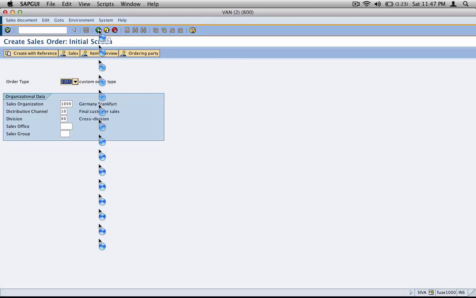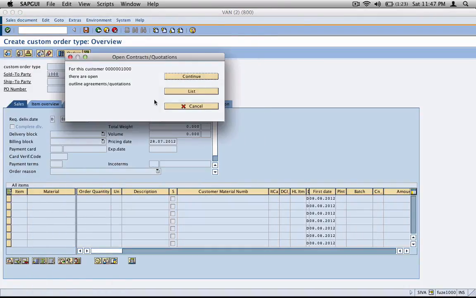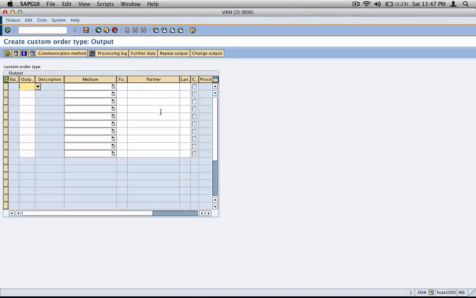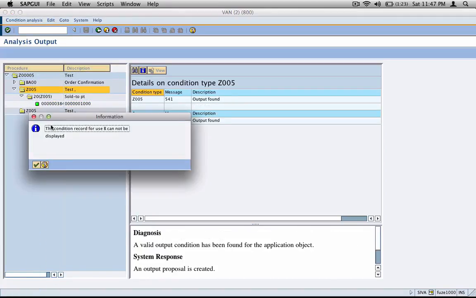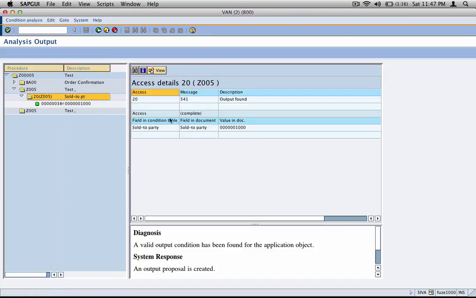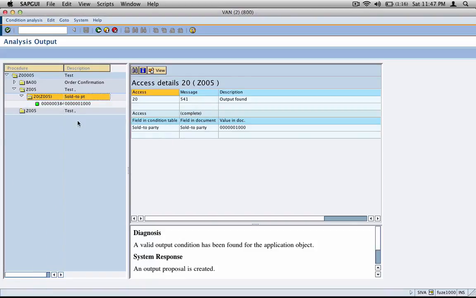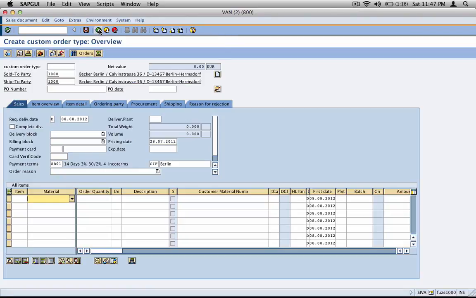VA01 ZOR5 1000, and go to extras, output, header, edit, and still doesn't work. So why is that? Click on I and then see if this has been determined right. Okay, now we see that the value in the doc has been determined right, but probably we didn't define other parameters like what is the communication medium, so on and so